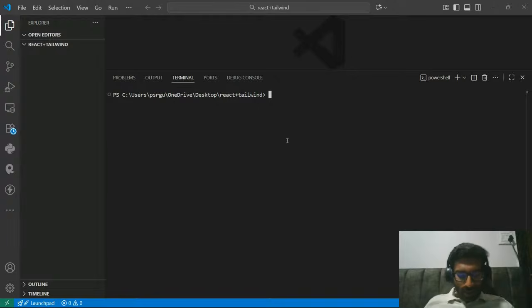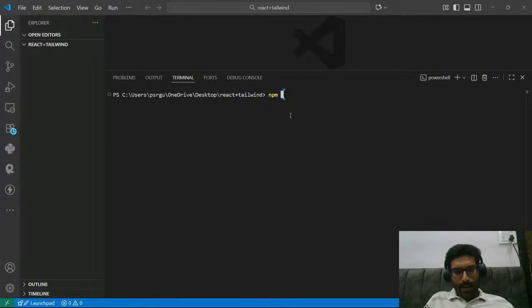In this folder, you have to write one command, that is npm. Now what is npm? Let us discuss it first. npm stands for Node Package Manager. We are doing everything in the Node environment, so for installing or using certain packages in the Node environment, you will need this Node Package Manager. It is just like pip in Python. In Python we have pip, the Python package manager, right? Like this we have npm in Node.